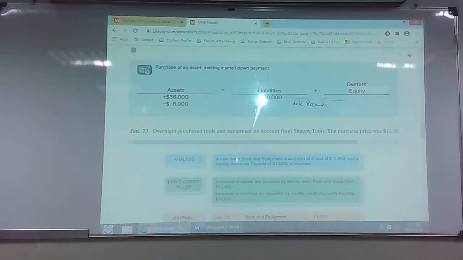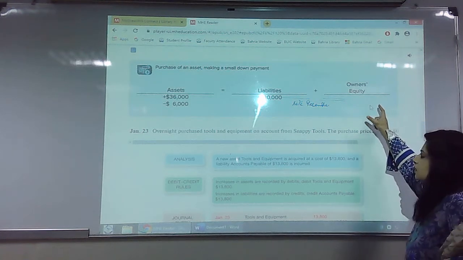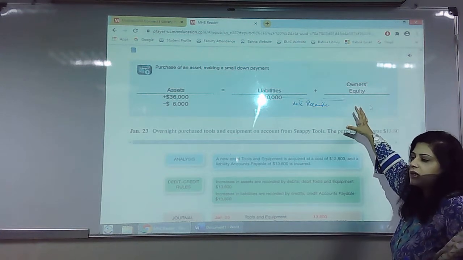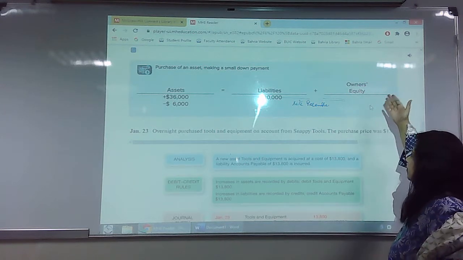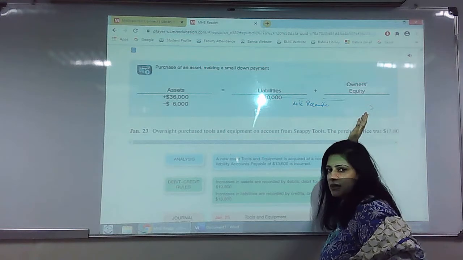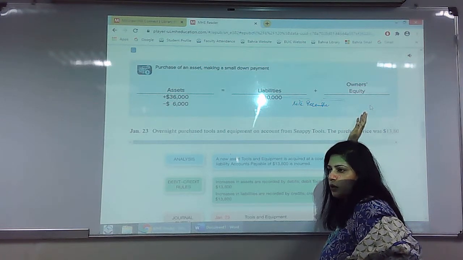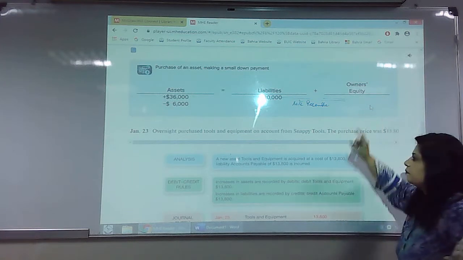As you can see, this accounting equation. So you have assets 36,000 and making a small down payment of the cash was reduced by 6,000. Liability was created and owner's equity. Right now we don't have owner's equity except for the stocks that we had. And that was not owner's equity. Okay, so we can leave this blank. Why I'm leaving this blank is because, like I said, stock was not owner's equity. Owner's equity is the fund that we place inside the business to run it. But the stocks were actually equity, part of the capital that we procured from the general public. So that's why it's blank.